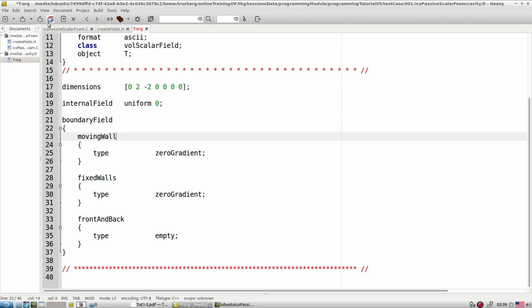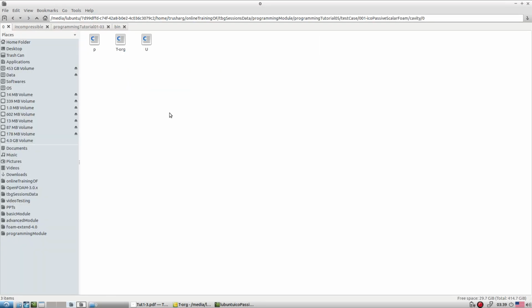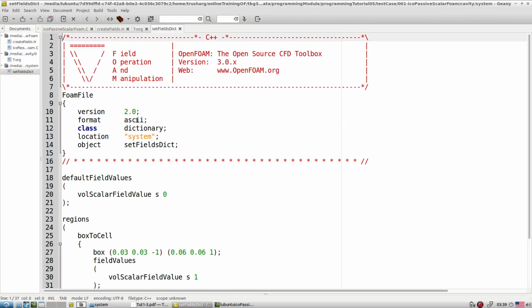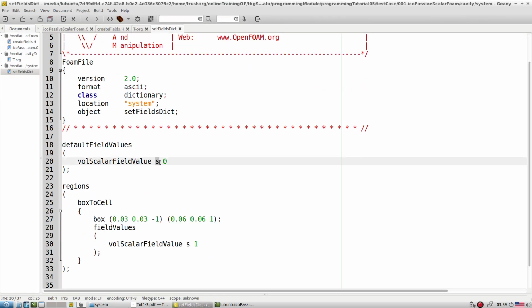But what we are going to do is construct a source of the scalar inside the cavity. For that we use the funky setFields utility: T equal to 0 by default, and within this zone we say T equal to 1. So we artificially constructed this kind of thing.